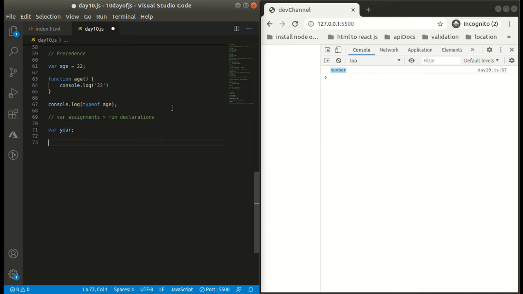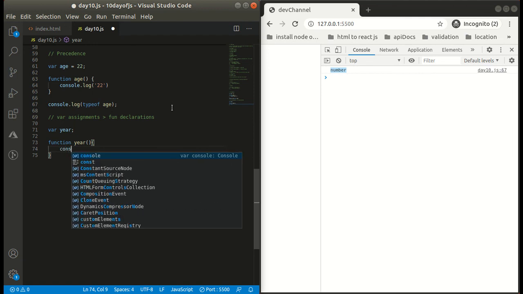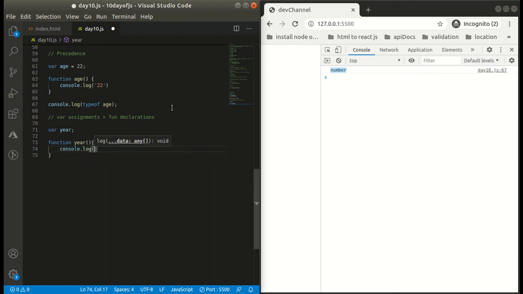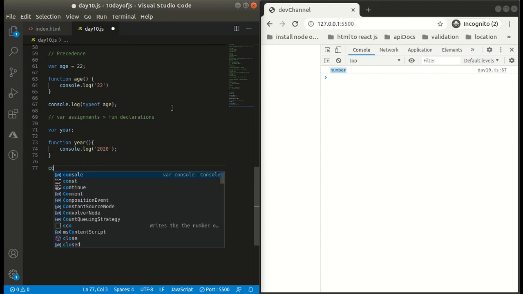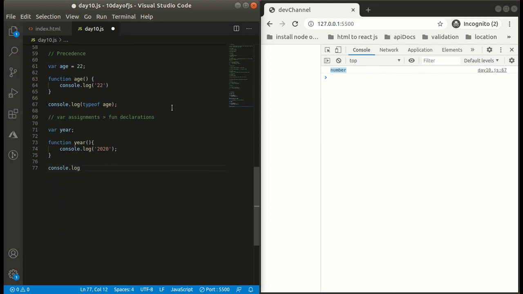So, friends, in this case, when I console the type of year, I will get a function. Let's see. Okay, cool, we got function.